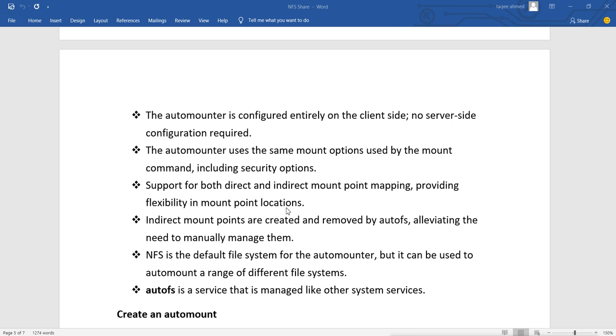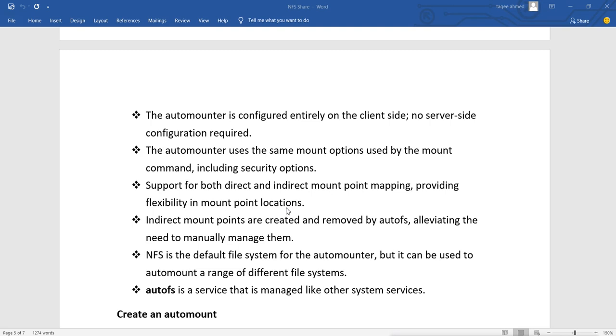But if we want to use a different file system, then in the configuration file for AutoFS we have to mention the option for the type, --fstype, equal to whatever file system we want to mention. But if we don't mention any option, it will go directly to the NFS file system.